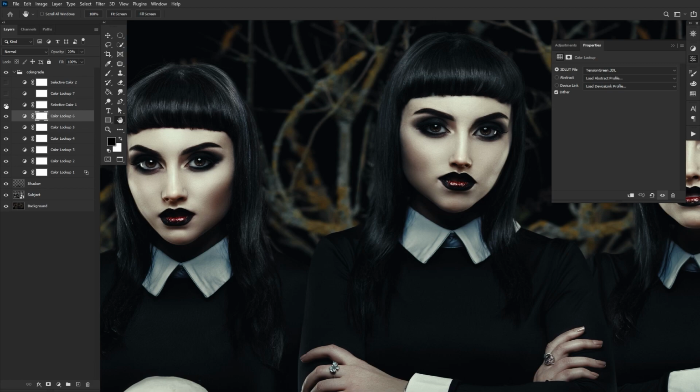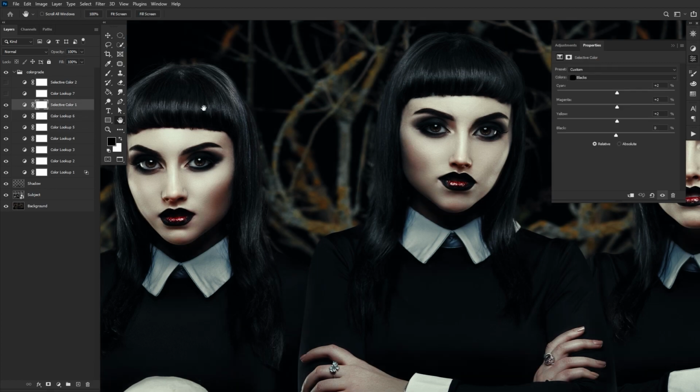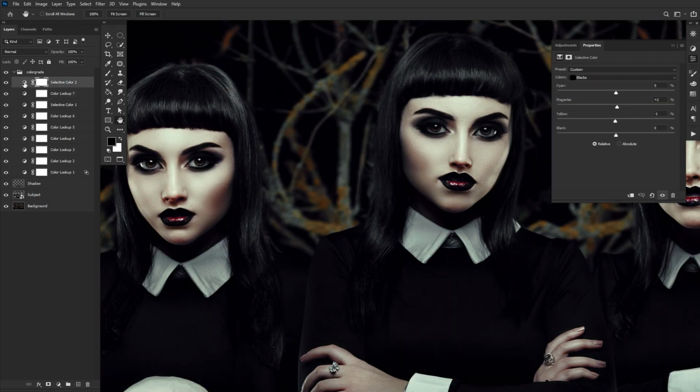And now a selective color adjustment layer affecting the reds, -54, +15, +22, and 0. And then also affecting the blacks, with 2, 2, and 2. And now we have one last color lookup set to Drop Blues, with 100% opacity and a layer mode set to color. And finally, one more selective color adjustment affecting the reds,